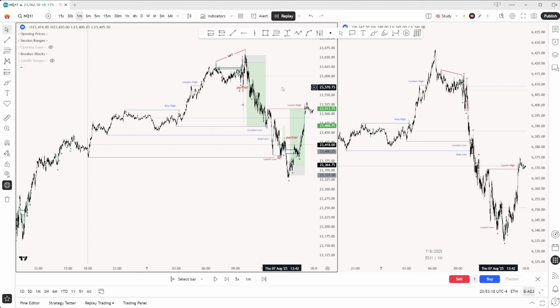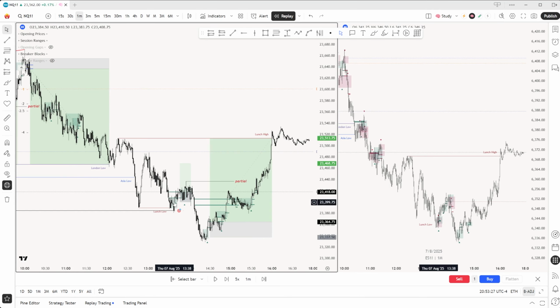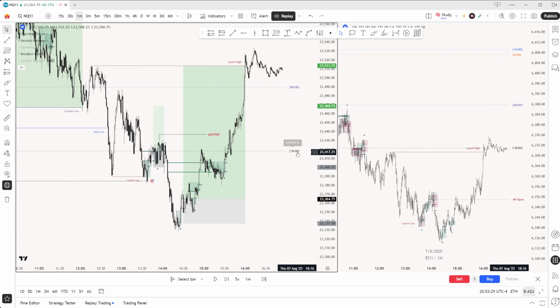Hello. Why even take the first long after lunch? We want to still wait and swing below the daily open. I don't care about this. Truth is, this is purely statistical. And as you can see, the daily open is here. So you already traded below the daily open. You took the current low of day. You took lunch low. Your statistical framework is now live.